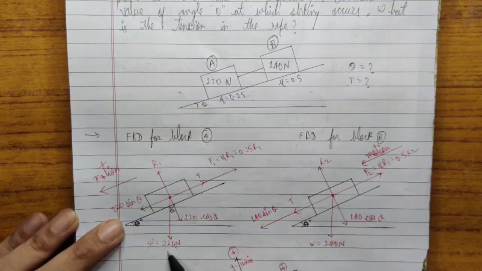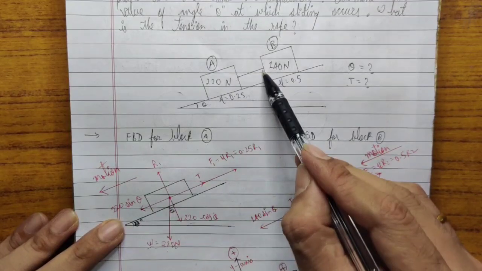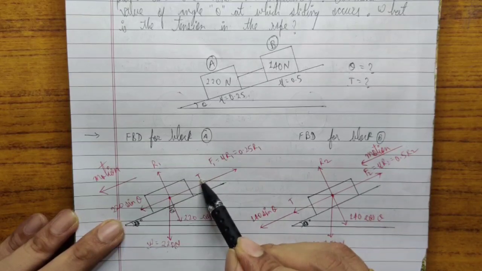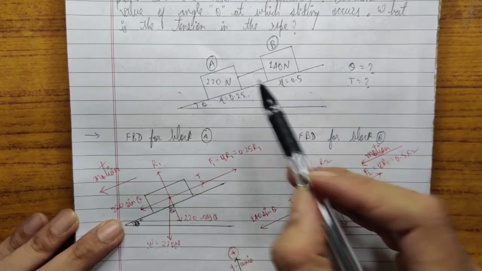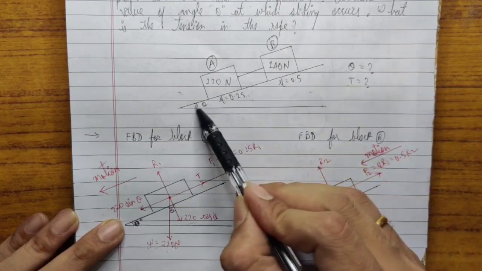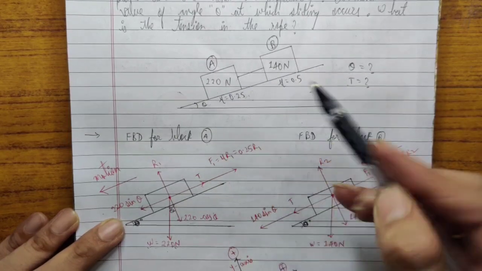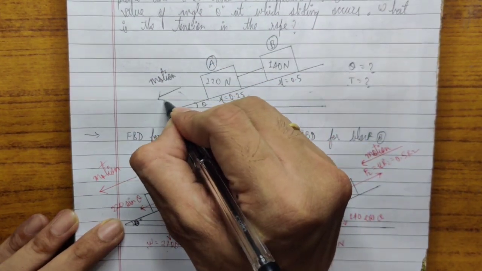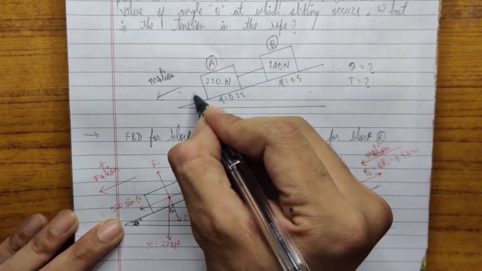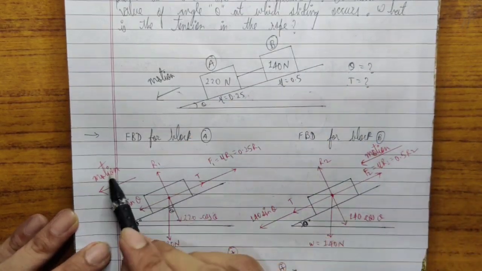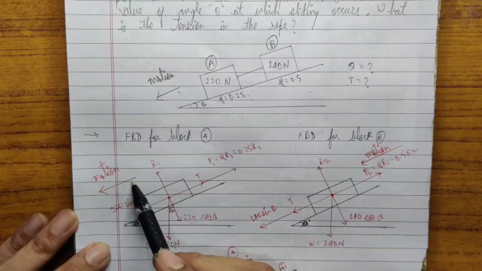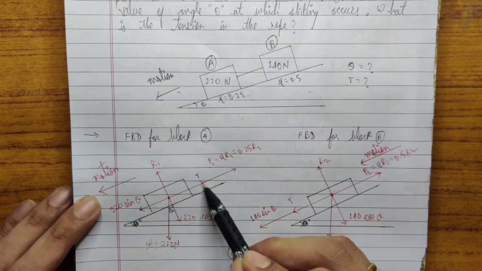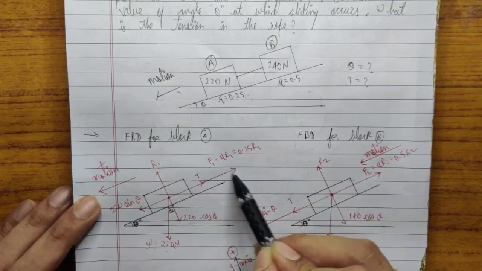Now again, since this is the rope which is pulling this block in this direction, there will be this tension force which is acting in upward direction. Obviously, the motion of both the blocks will be in downward direction, because of the force of gravity. We know if the motion is in downward direction, the frictional force, which is opposite to the direction of motion, will be upward along the incline. So it is F1.